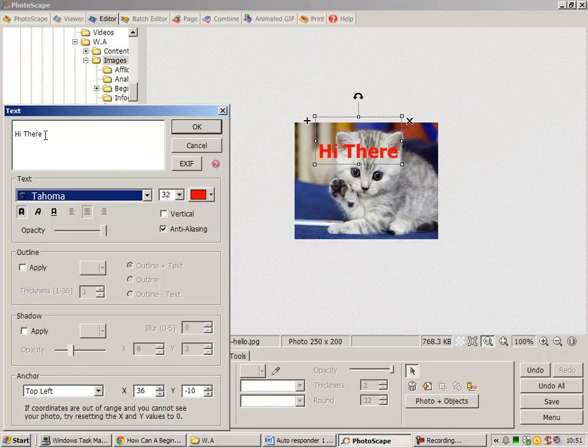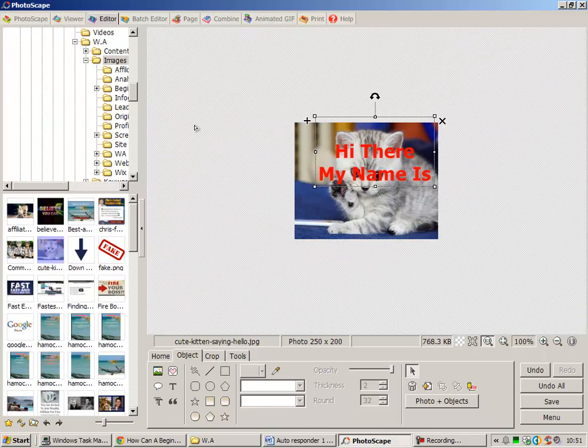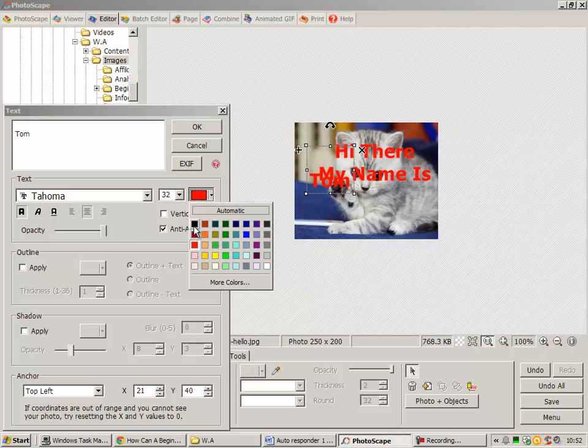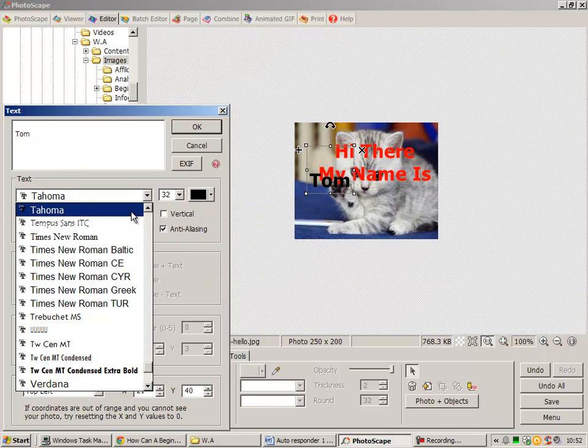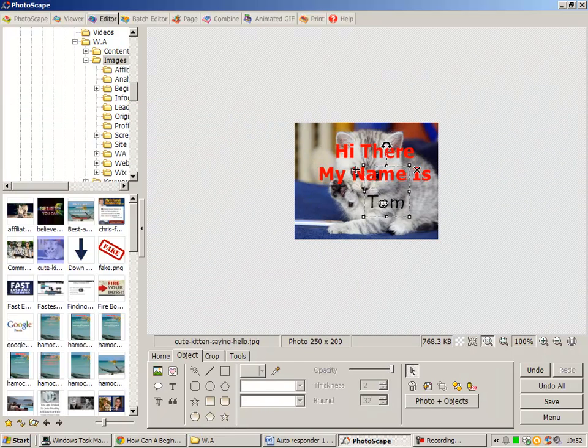If I could ever be critical of a fantastic free software, the only complication is if you've had a long sentence here, and you wanted to emphasise part of it, whatever this one's name is. So we end up with my name is, but say you wanted the name to be in a different colour, you actually have to open up another window, and we'd say Tom, and let's say we want Tom to be in black and a different colour. We got that, we just move it to where we want it,